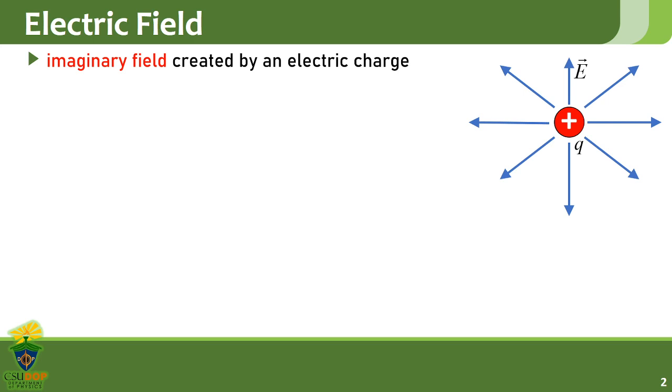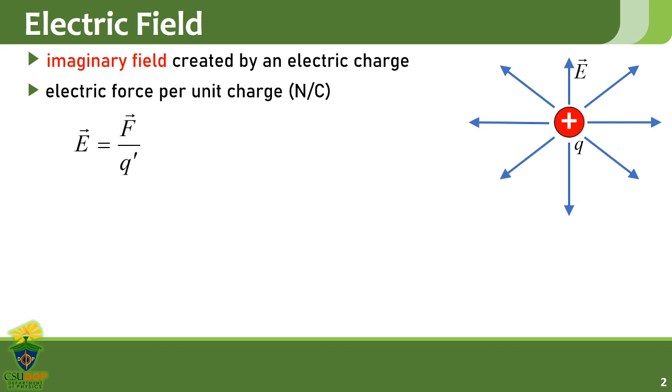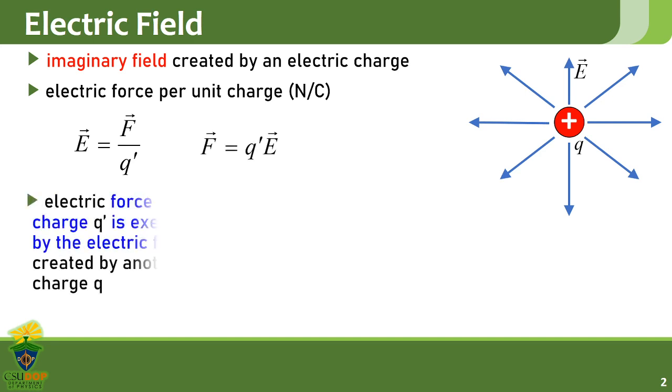Similar to gravitational fields, which is just the force per unit mass, the electric field is defined as force per unit charge. Note that charge is the analog of mass in electricity. We can then write the electric field vector like this. The charge Q prime here is not the source of the electric field, but just a test charge placed in an external field. Similarly, we can write the force exerted by an external field E on a charge Q prime